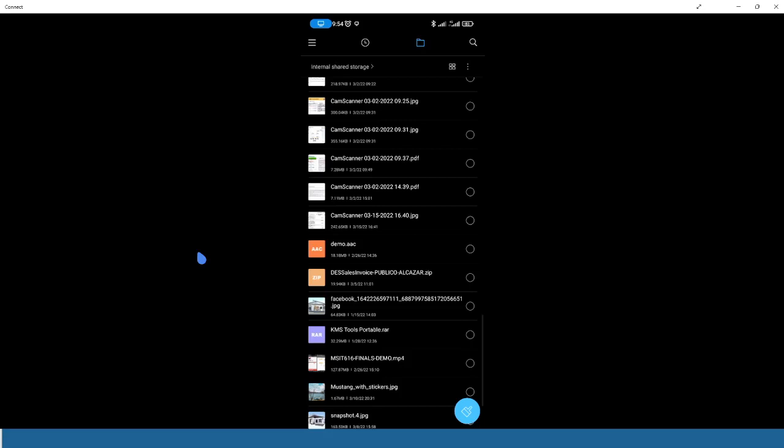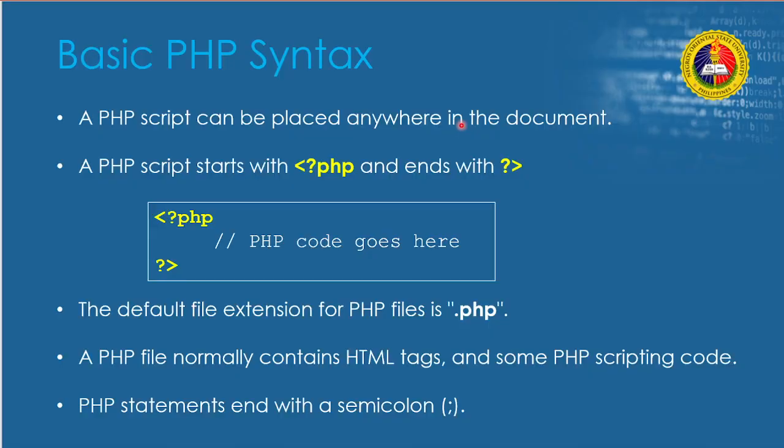So let's start. Okay. We're going to create our very first PHP page, or base PHP file rather. A PHP script can be placed anywhere in the document. So if you're going to write an HTML document, you can place it anywhere, as long as it is inside the body. And a PHP script starts with open angle bracket, question mark, PHP,